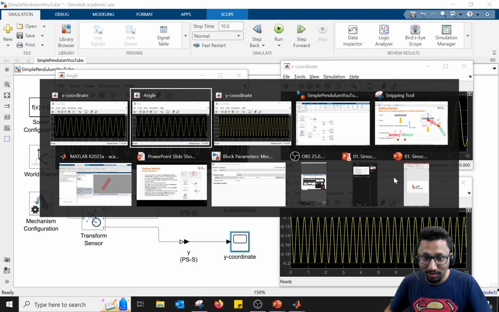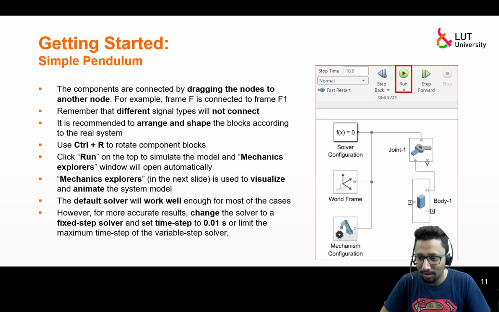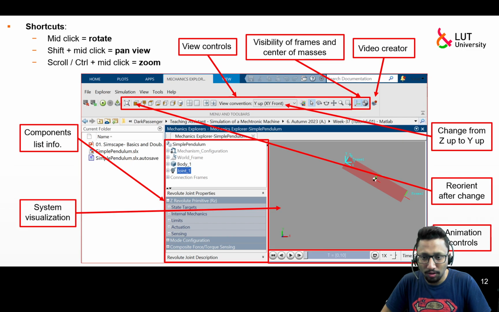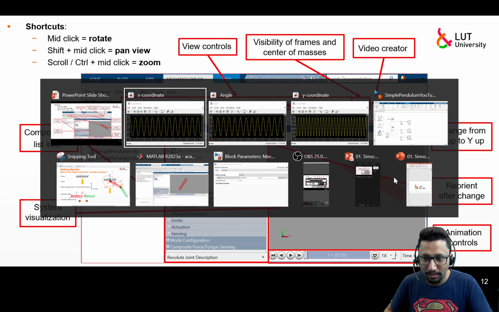Now let's go back to the slide and see if we are following the slides. So I have covered most of the things from here. Then I also showed you what are the different options. Yeah, one thing that I did not show you in this particular Mechanics Explorer window is